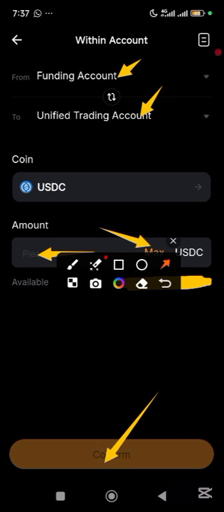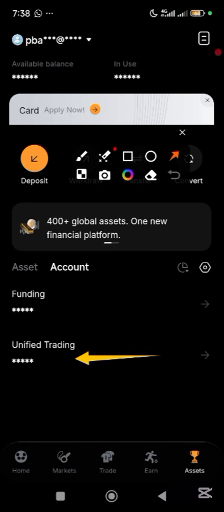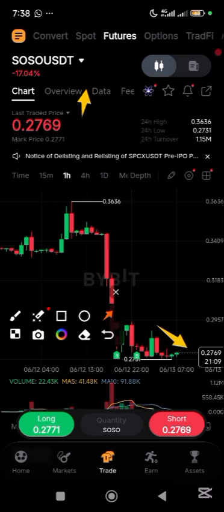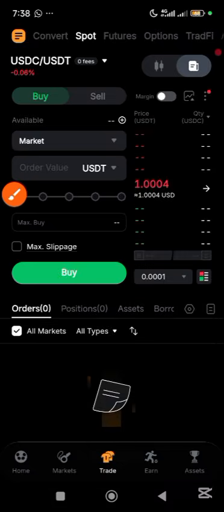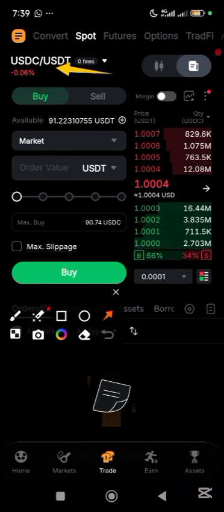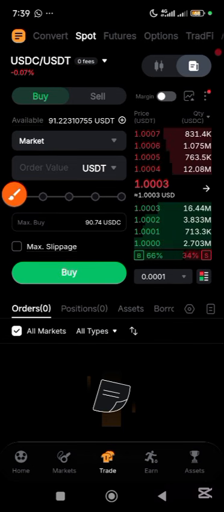Okay, so once you do that, your USDC on Base is going to move from your funding account to your unified trading account. So let me just go back now. So it will now come down here and enter here. So after you have transferred it from here to here, just come to your trade. You tap on your trade. So just come to spot here, tap on spot, then come to this point here and tap on it, then come here,